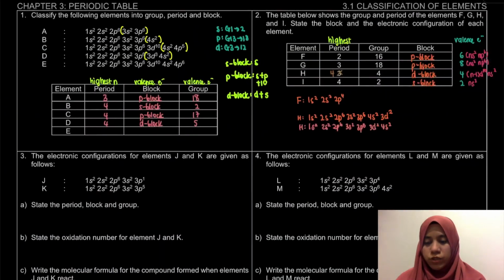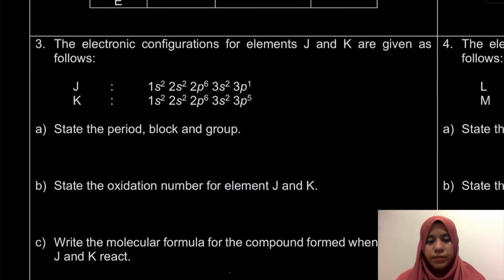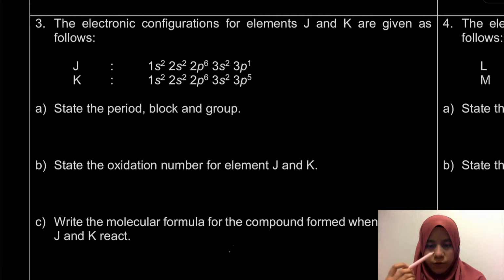In this video we're going to continue our example. So on page 3, let's look here. Example number 3. The electronic configuration for elements J and K are given as follows. State the period, block and group. For example, if the question itself does not mention the order of